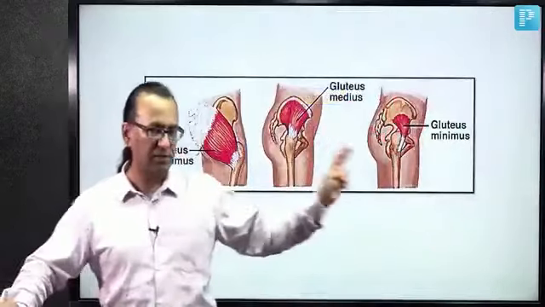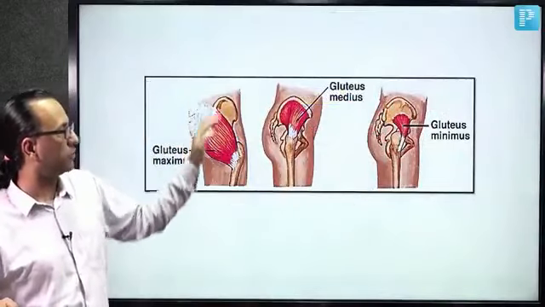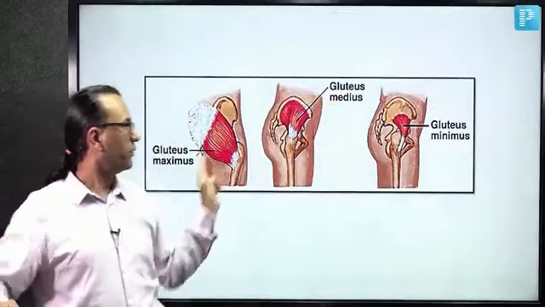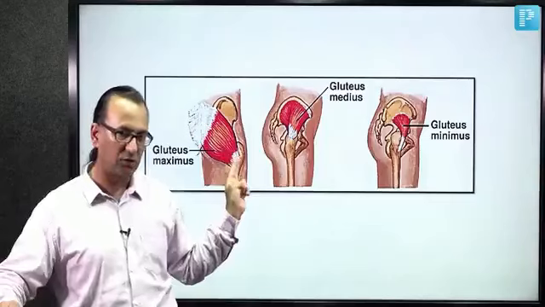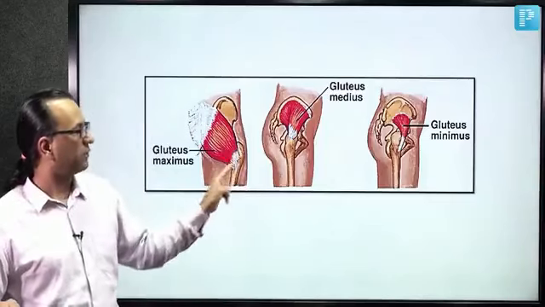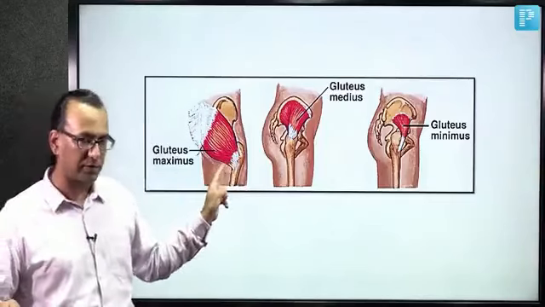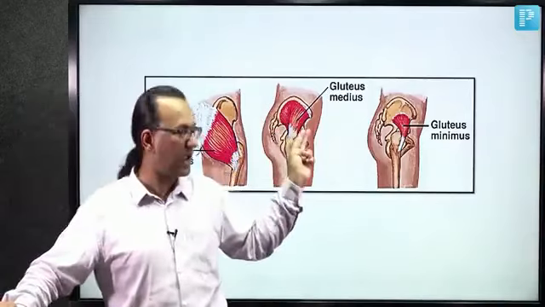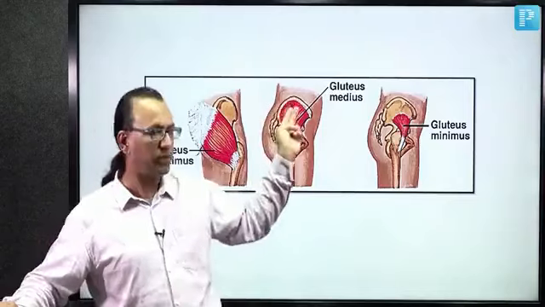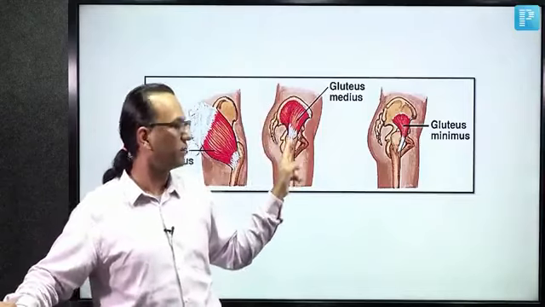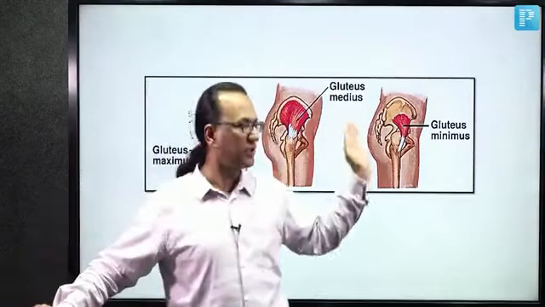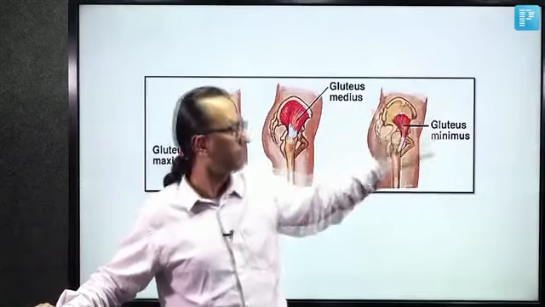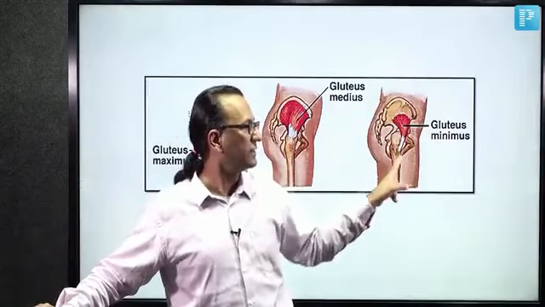There are three glutei muscles. The largest and the most superficial is gluteus maximus, though most of its fibers are inserted into the iliotibial tract. There are 25% fibers inserted on the gluteal tuberosity posteriorly on the femur. Gluteus medius is in the middle, and its origin is from the hip bone, but its insertion is on the lateral surface of the greater trochanter. Gluteus minimus is more anterior, taking origin from the hip bone and inserted on the anterior surface